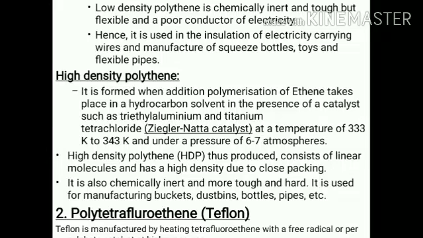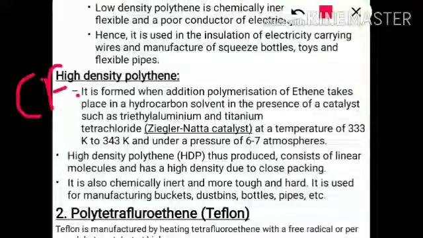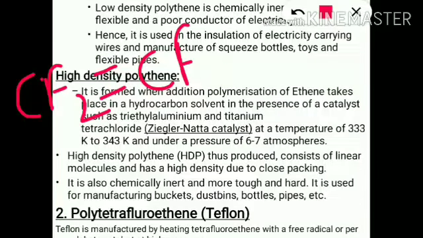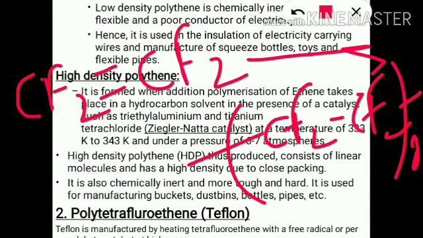Now the next topic is Teflon. Teflon is also known as polytetrafluoroethene. How is Teflon formed? The formula is CF2 double bond CF2. That is called tetrafluoroethene because there are four fluorines. We replace the four hydrogens of ethene by fluorine atoms. When we do the polymerization, it gives CF2 single bond CF2, one bond free, and n. That is called Teflon.